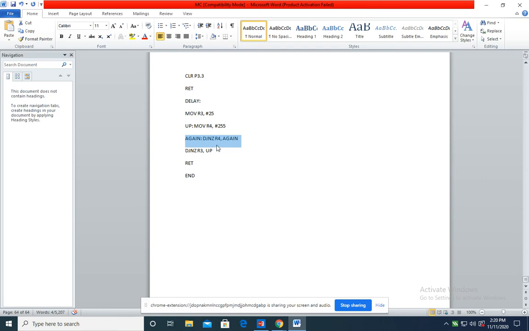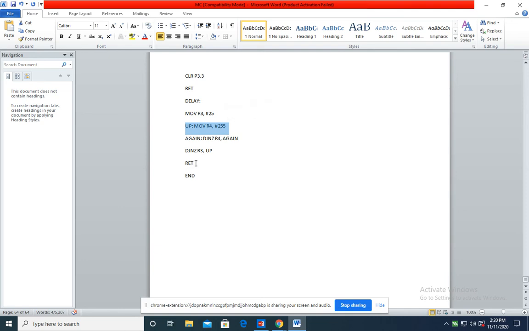So we need to give a label, a jumping address label, for this particular instruction. Here in the first case we have given the same address for this decrement and jump purpose, and in this one we have used this particular instruction's address for jumping.